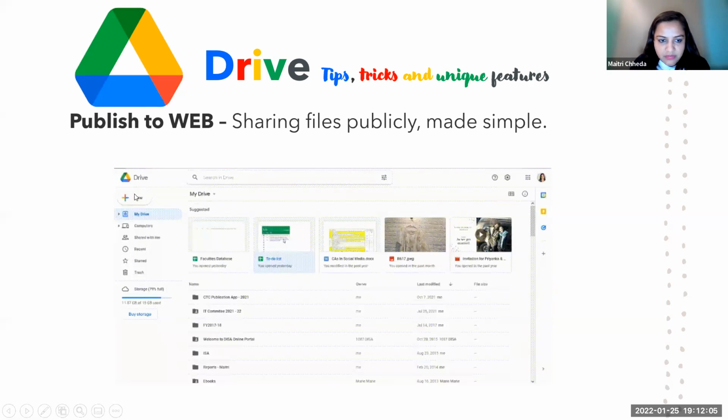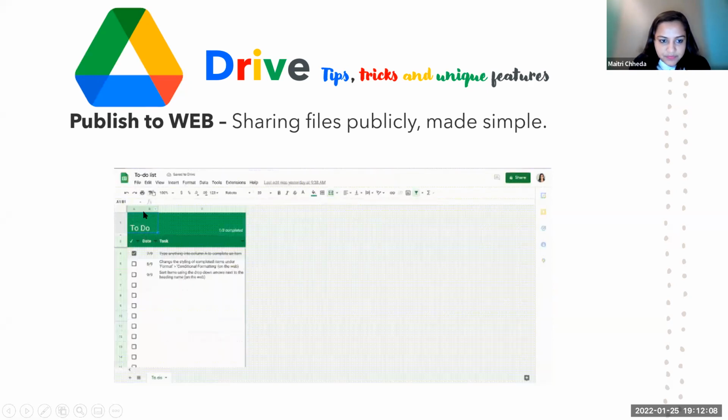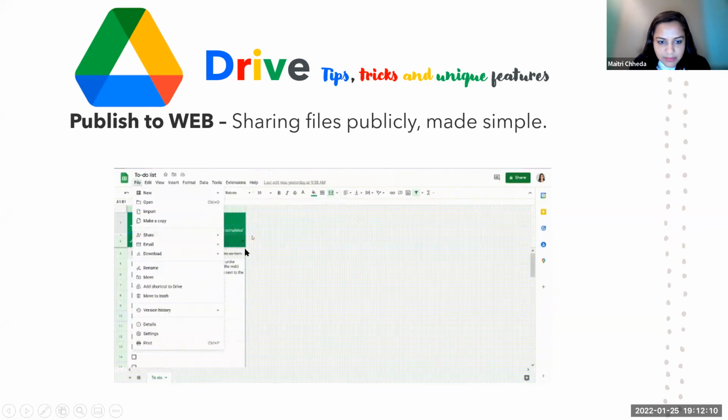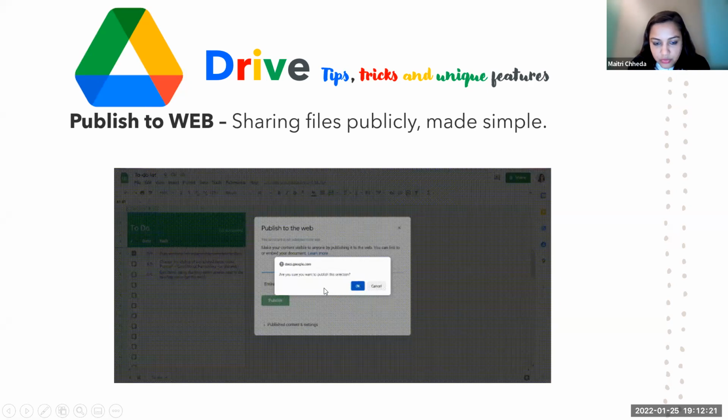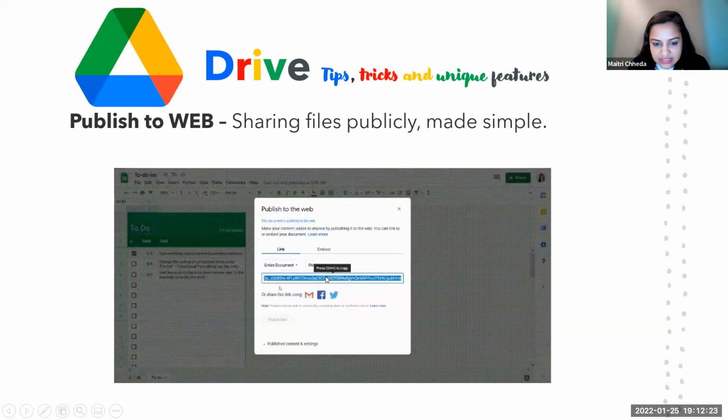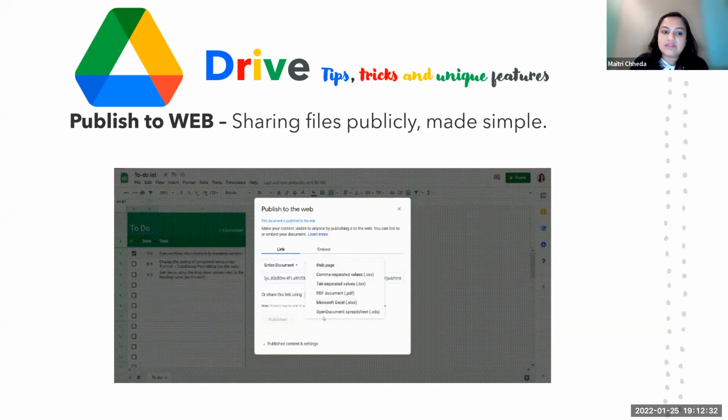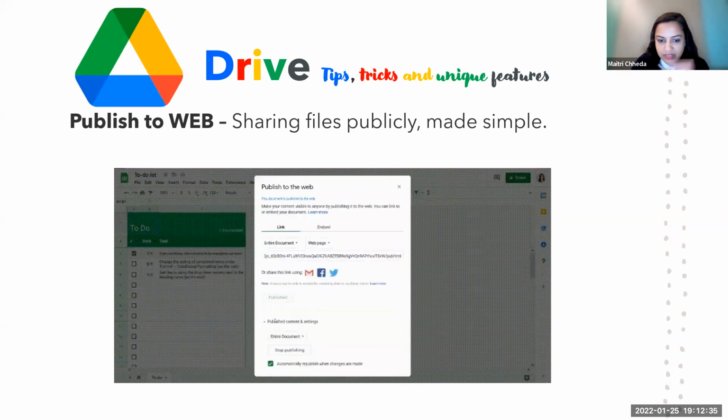See, I've opened an Excel sheet, as in spreadsheet. Click on file, then share, publish to web. You click on publish to web, you get a link. You want an entire document to be done, or you want a specific sheet to be shown, you do that, you get this link, you just take this link, shorten this link, and share it with your client, and that's it, done. It's published. And when you share this link with somebody, they will be able to see only that part. They won't be able to edit or do anything. It's just a broadcast kind of thing.